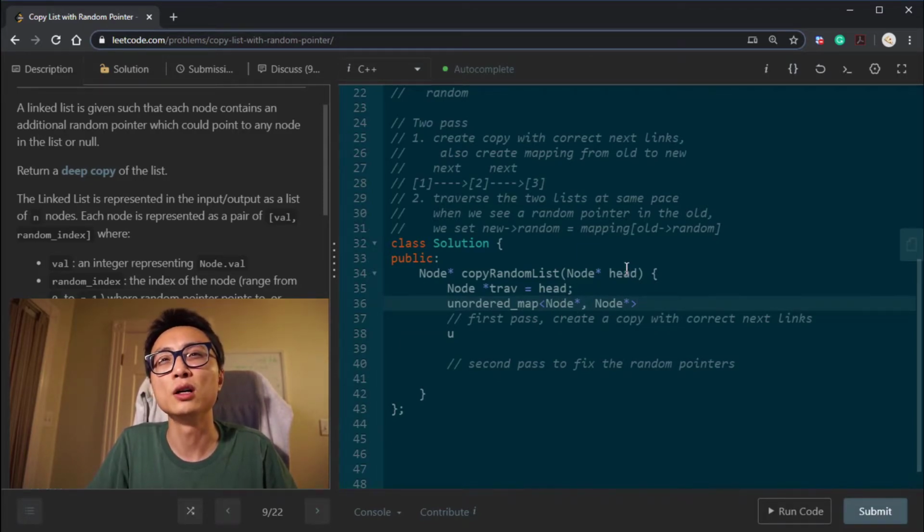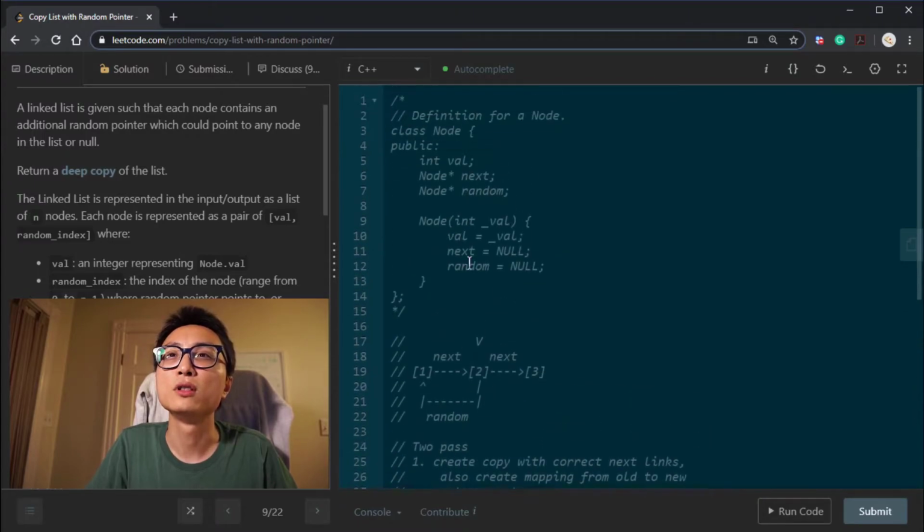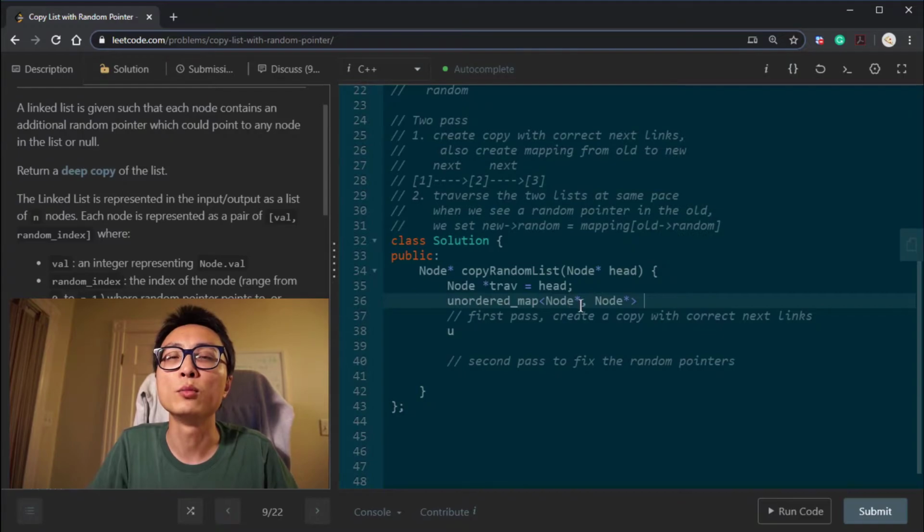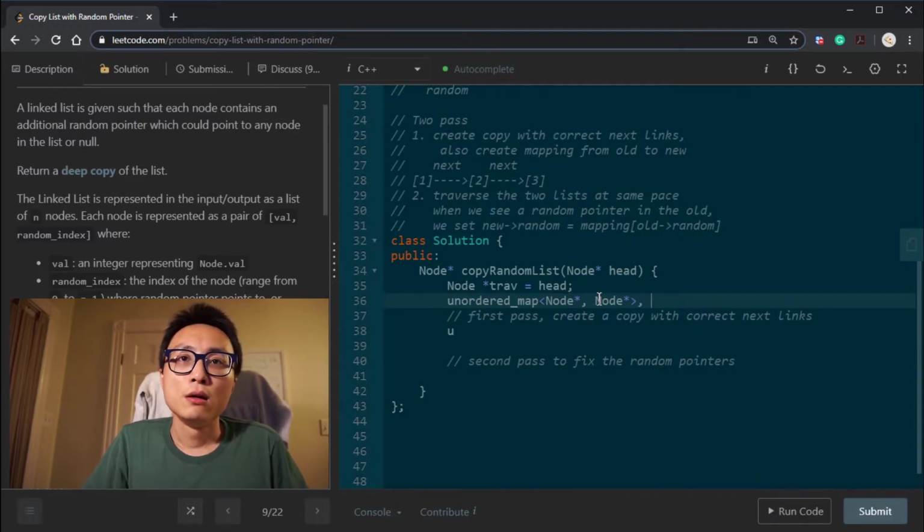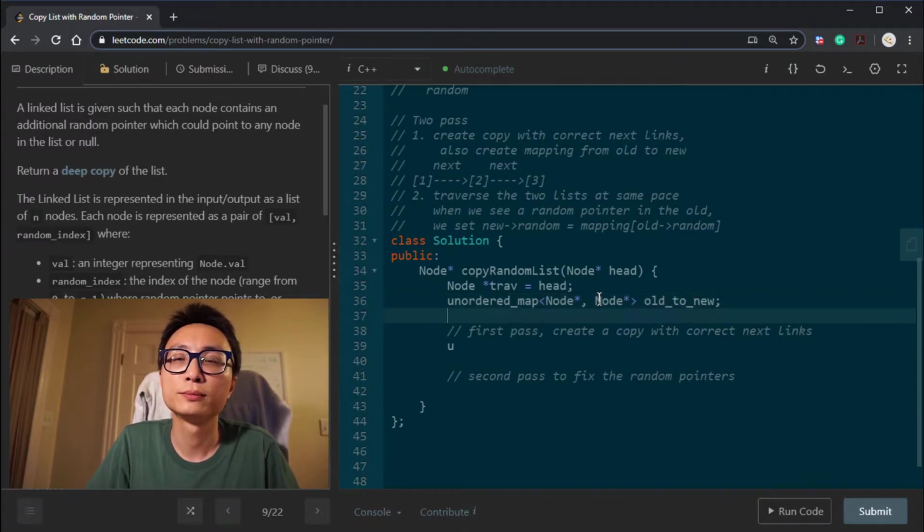If we put the object as the key and values to this unordered map, it would actually require the node to implement some kind of hash function, and it doesn't seem to be the case here, so that's why I'm just putting a pointer. Old to new, let's just call this.